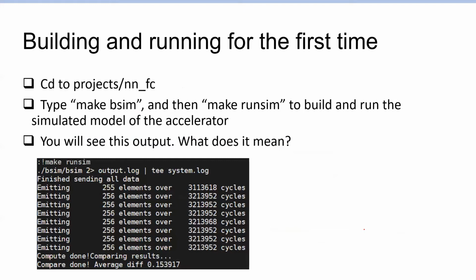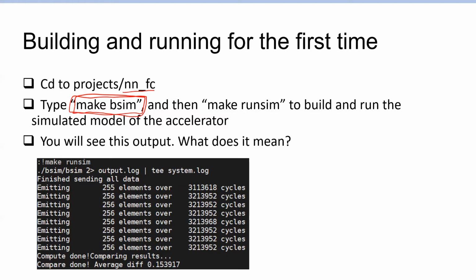And once you clone the project, you can cd to projects NNFC. And then if you type make bsim, it will do a bunch of things, which will build the BlueSim version of your code, which is a functional simulator. It creates a software binary file, which when you execute, it behaves in a cycle by cycle accurate way for how the resulting hardware will behave when you actually synthesize it